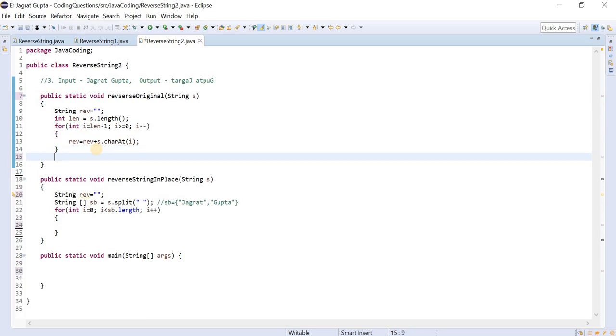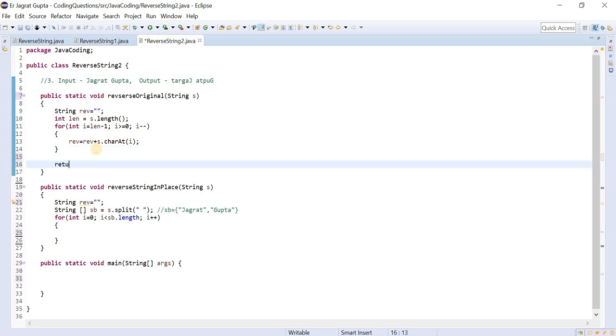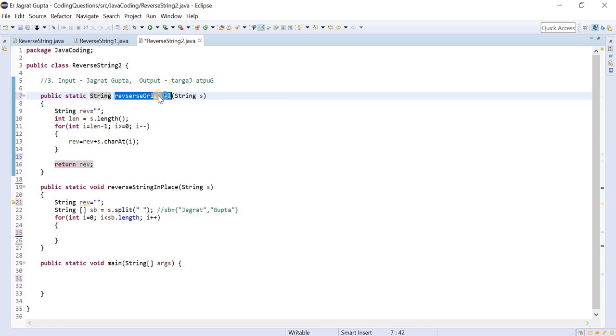And what we will do, we will return this. So why is it giving the error? Yeah, as we are returning a string, we need to change the return type here. So this function will take a proper string and it will reverse this.